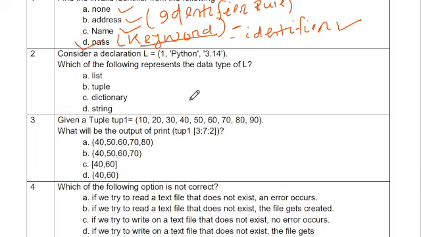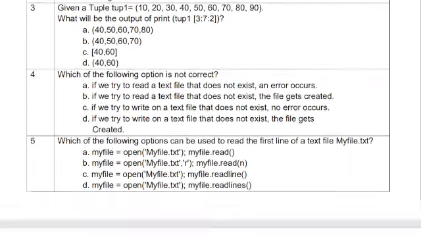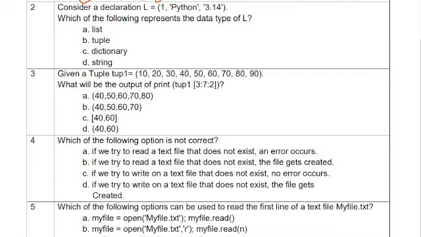Consider the declaration of L. L equal to 1, Python, 3.14. Which of the following represents the data type of L?